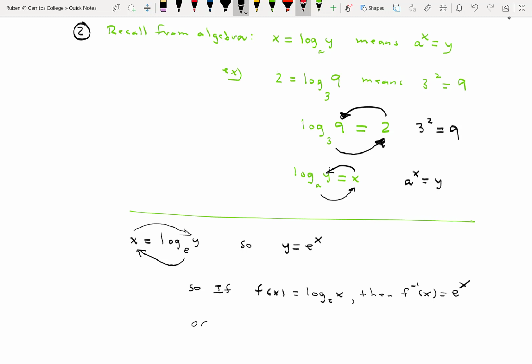Or the best way to put this, if f of x equals ln of x, remember the log base e of x is ln of x,